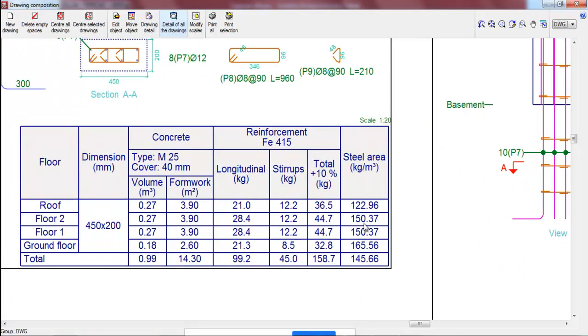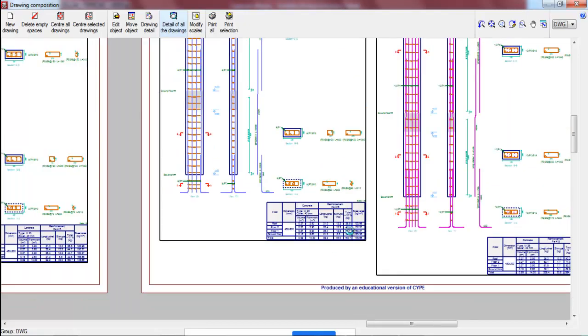Here you can see floor wise sizes, volume of concrete, formwork required, the cover required, concrete grade, longitudinal reinforcement quantities, stirrup quantities, steel quantity per cubic meter. Every piece of information is available.